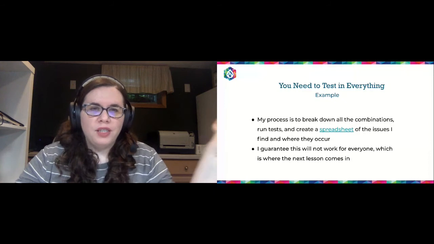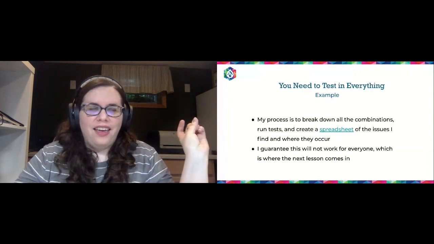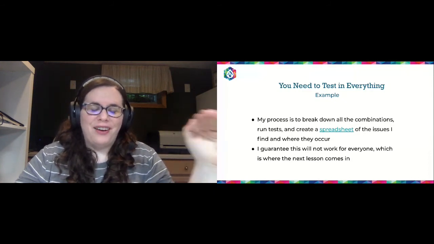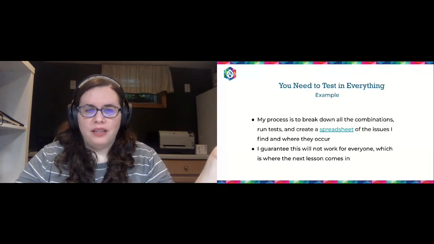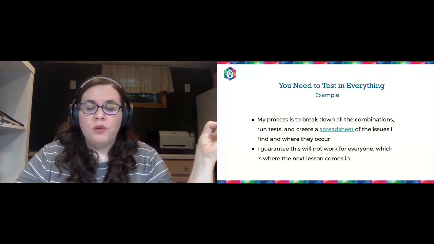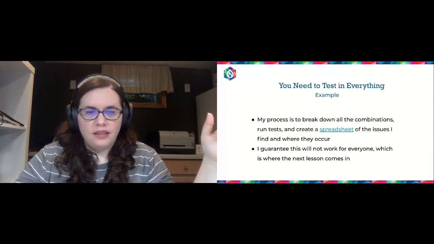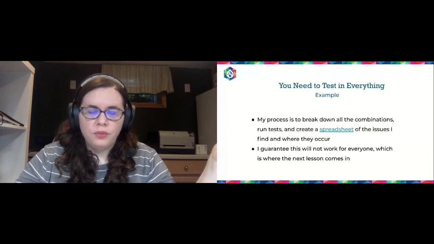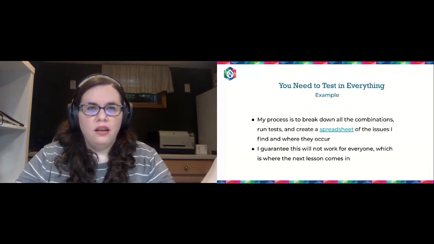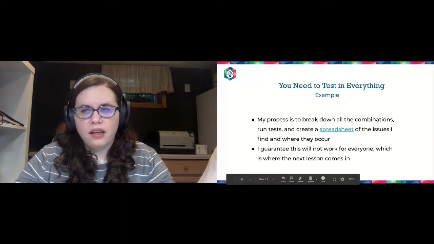So I do have a spreadsheet here. And I will say for most people, it's going to look very scary. For me, spreadsheets make a lot of sense. They may not make sense for you. So this is what works for me. Don't expect that you need to do something similar. But I do have a template available if people would like to use it. So let me share that tab.